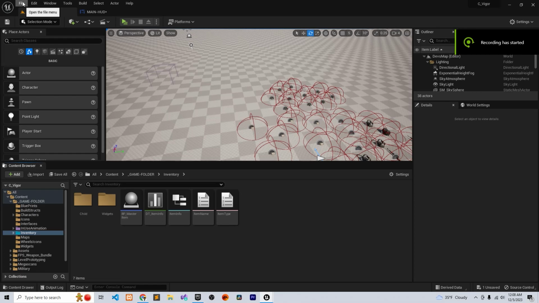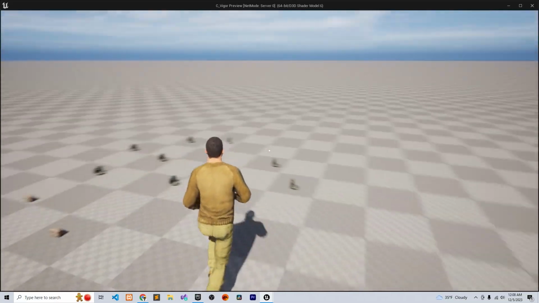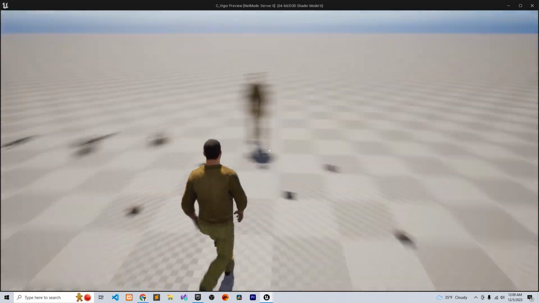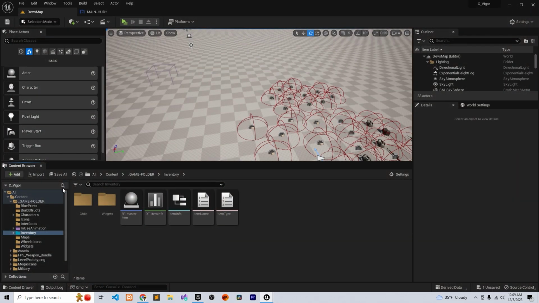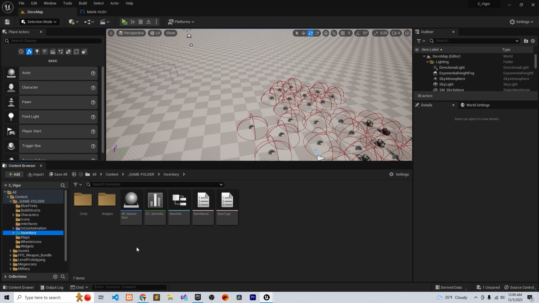In today's video we are going to work on the pickup notification. So when we pick up an item we get the little slide notification to the left or the right letting us know that we pick up an item. So the first thing we're gonna do, we're gonna go to the inventory widget,